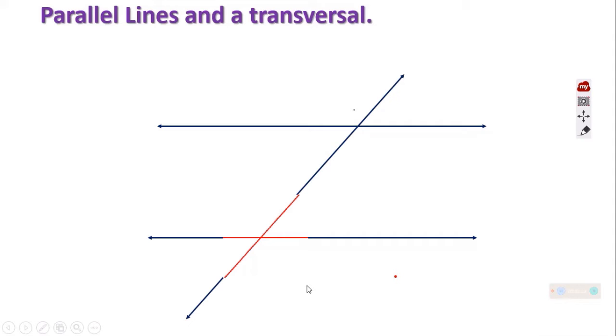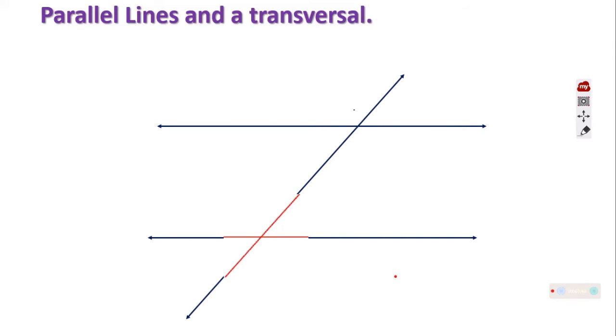The congruency of these angles can be simply illustrated by this particular copy-paste movement. You can just observe that the angles exactly match with the other set of angles. Understood? So this tells that when such angles are formed, they are congruent to each other at both intersection points, which I would like to make clear to you.